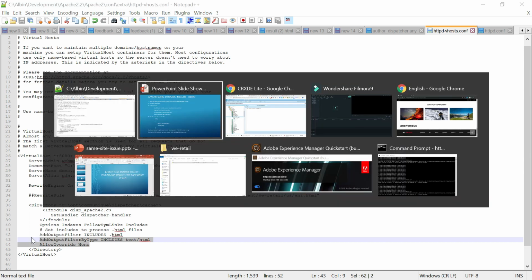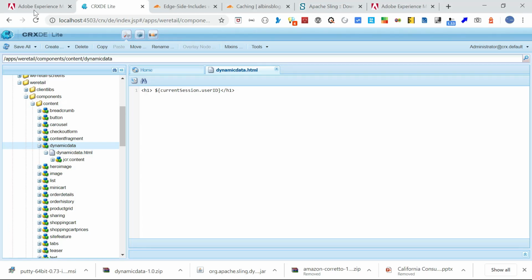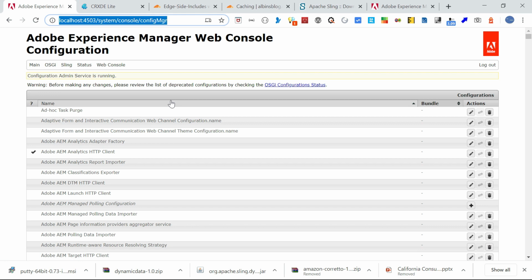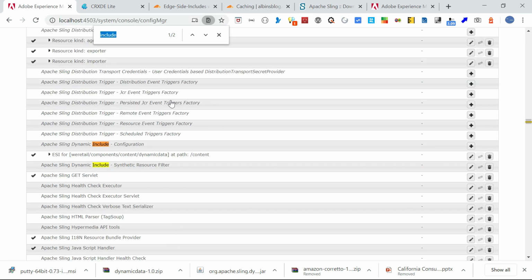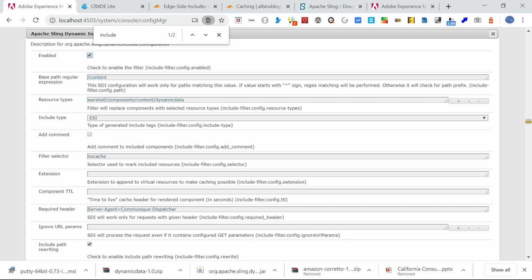Now we need to go back to AEM, and we need to do some configurations in the OSGi console. When you deploy that particular bundle, this OSGi configuration will be enabled. You need to add one new configuration here with the plus, then you need to enable the required values.